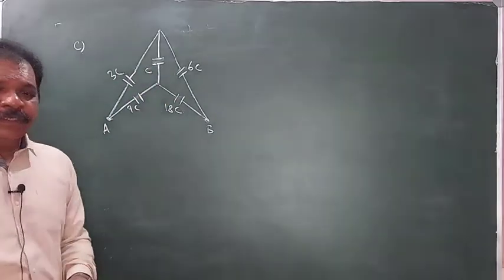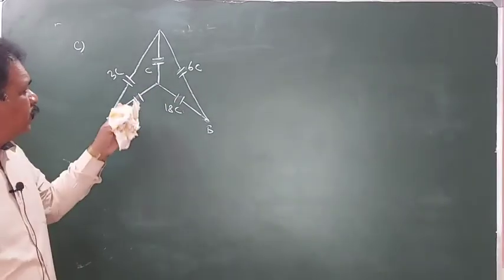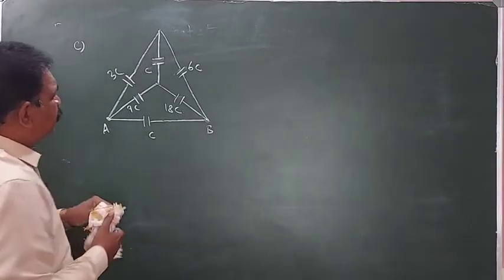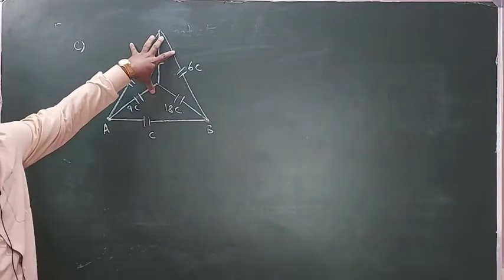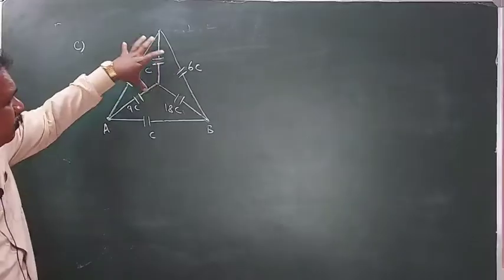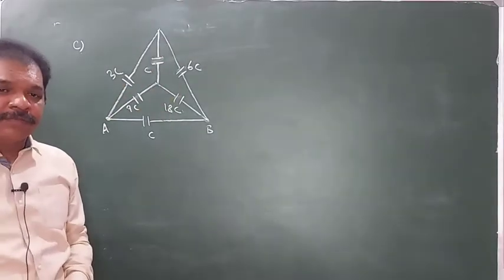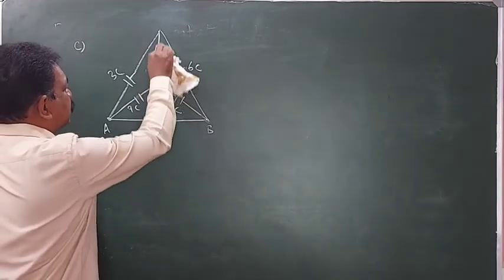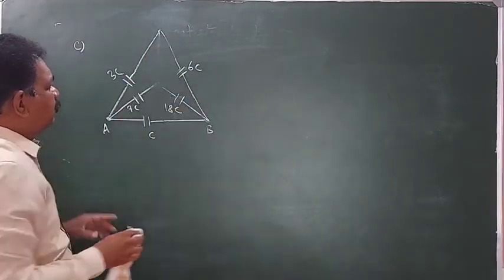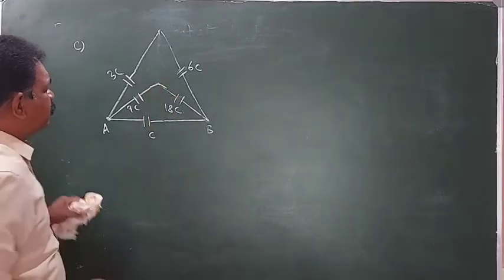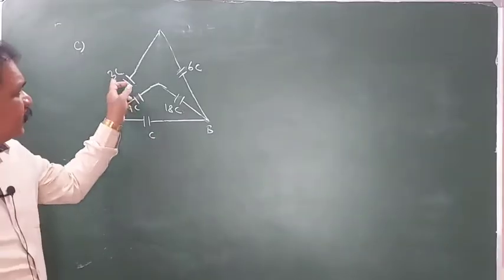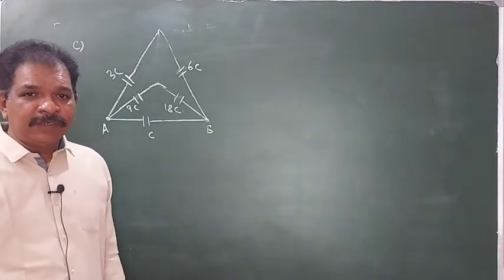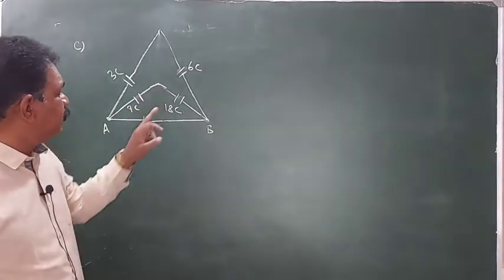2C, 3C, 6C will be in series. But here C is there, you keep this C. So this part will be Wheatstone bridge. Balanced Wheatstone bridge this is. Balanced Wheatstone bridge means we can remove this C. Clear? Then try to solve this circuit, simple only. 3C, 6C will be in series, so 3 into 6 by 3 plus 6, this will be 2C.